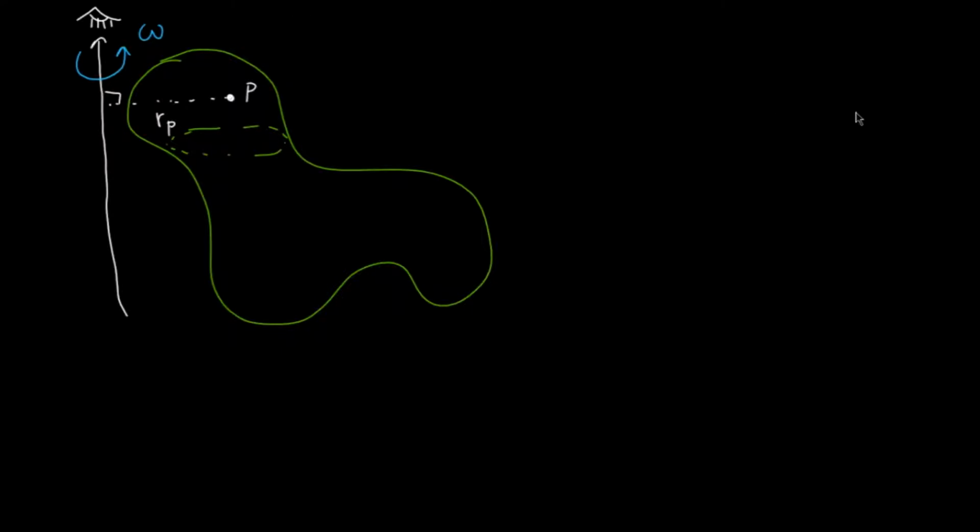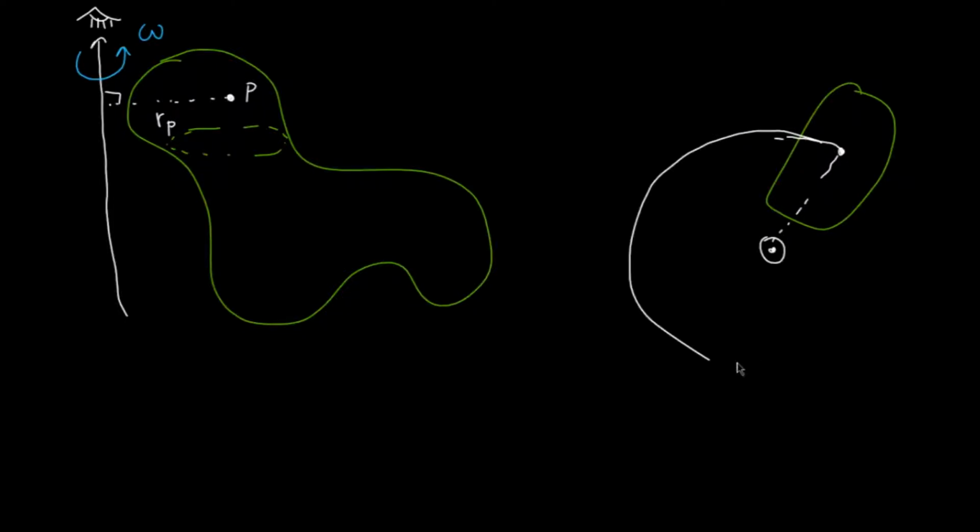So if this were your body and it was doing all sorts of crazy motion and this were your axis pointing out, but this point P right here, if you looked at it from the top, then this would look as if it's going in a perfect circle that is centered about that axis, that is centered about the point that is here, and it has a radius